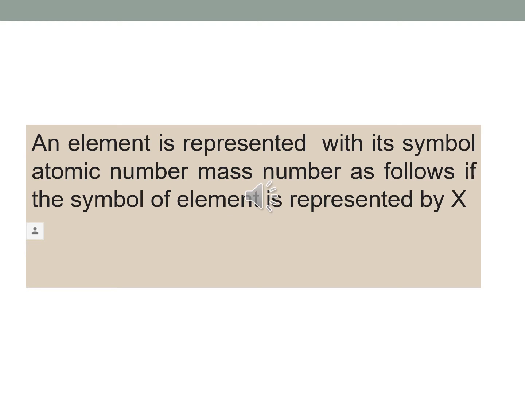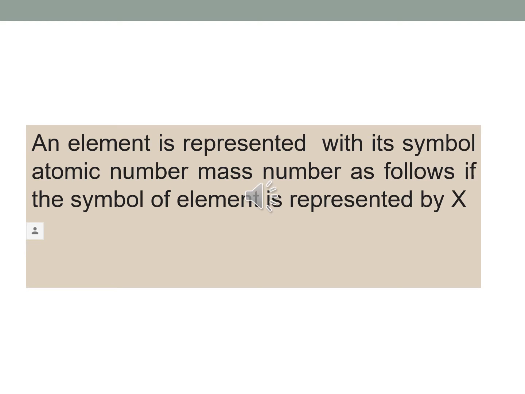Listen, this one you look at, the atomic number within the bracket. If you are not listening, listen carefully again. Atomic number is equal to the number of protons, which is equal to the number of electrons. So this comes according to the formula. Number of protons, 11. Number of electrons, 11. So it is equal to the atomic number.